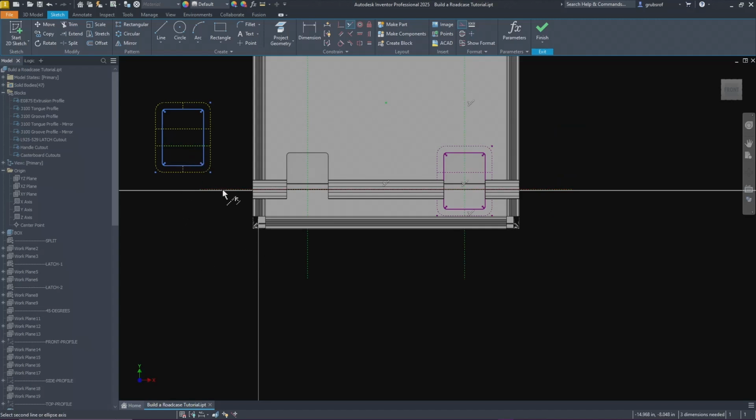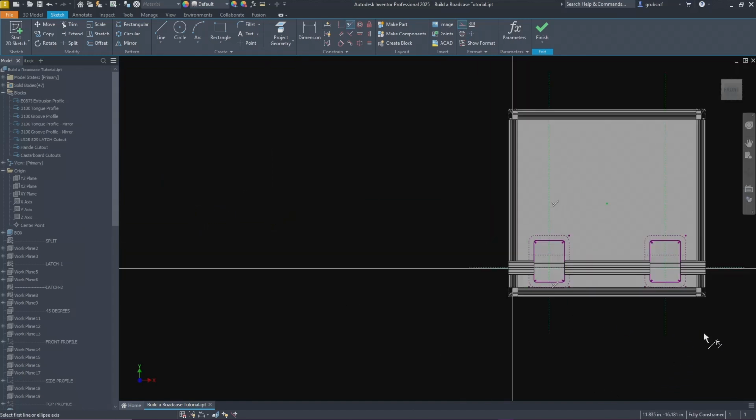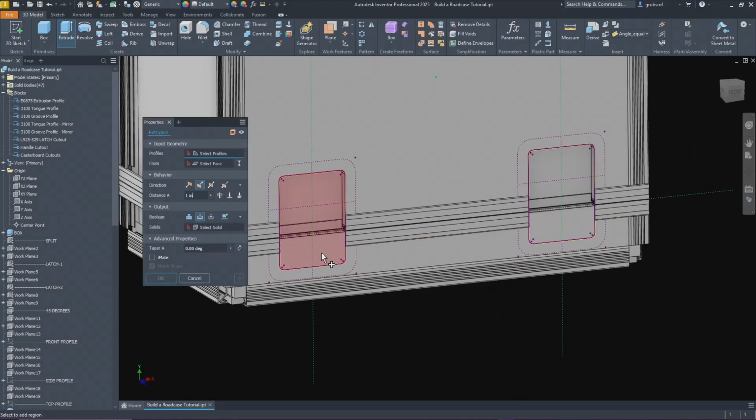I do this one first because if we do it the other way, it's going to go inside and it's going to be a little bit more tricky too. Selected the wrong line there. To mess around and try to get in there again. Come out. Let's do extrude